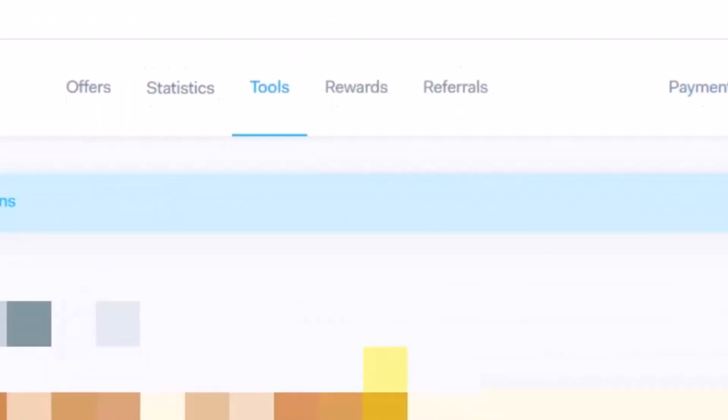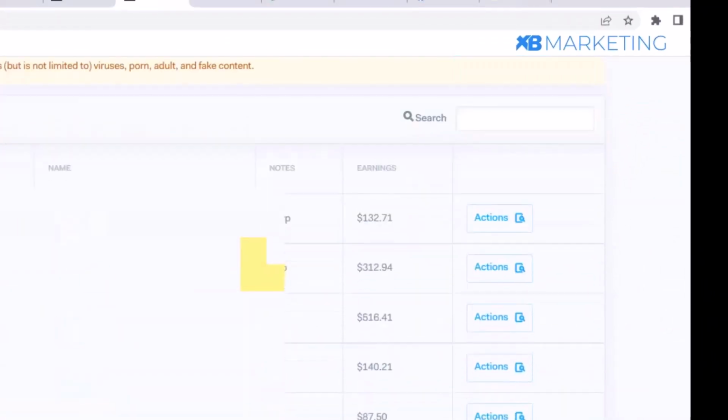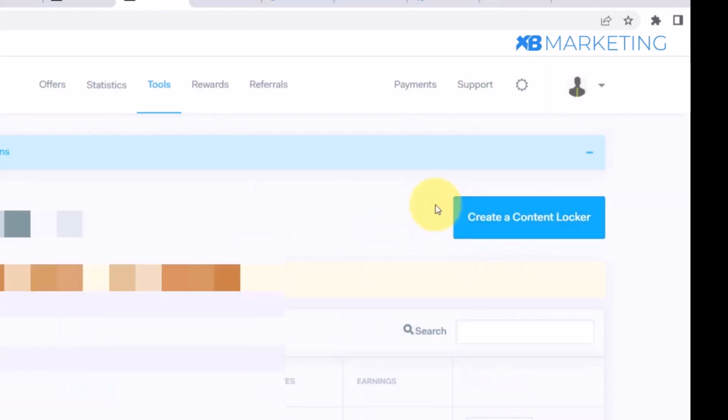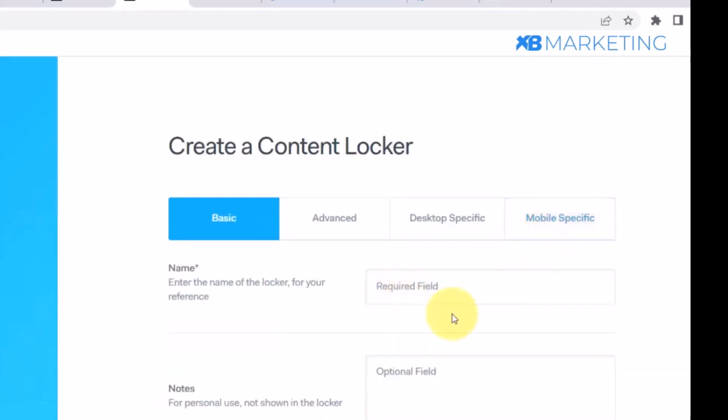All right, as you can see right here. All right, so I'm going to show you how to create a content locker with this page. So once you do that, you want to click on this create a content locker. And once you've created the content locker, you can basically type in something like, I'm just going to take this